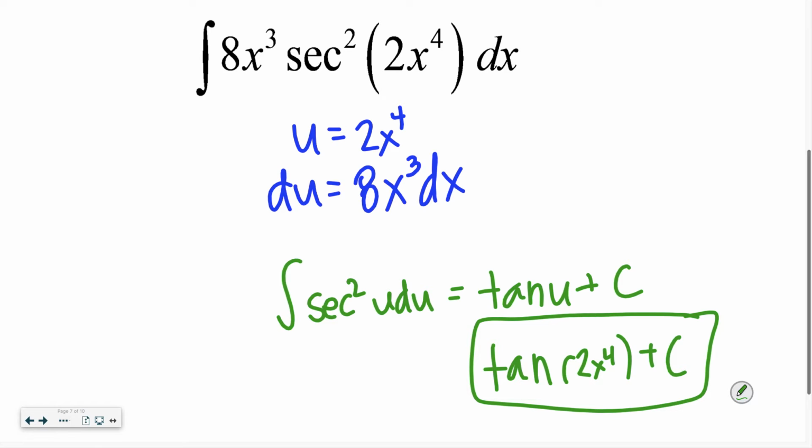Okay, and the three problems we've done, what has been really, really nice? Okay, our du has been exactly what's in our integral, right? Okay, that is a very rare case, okay? It's not. Now,